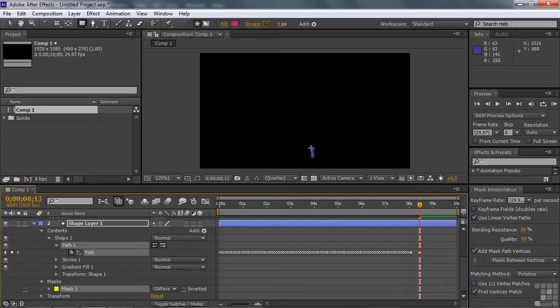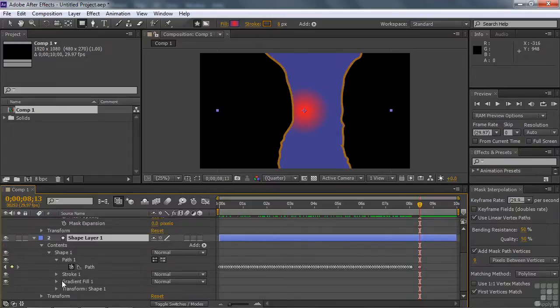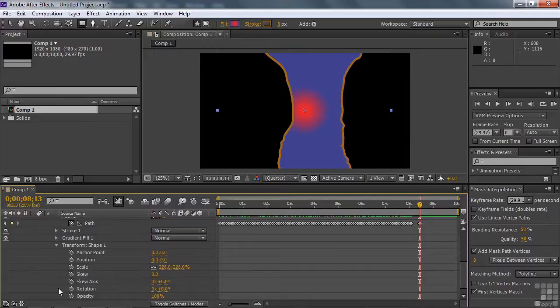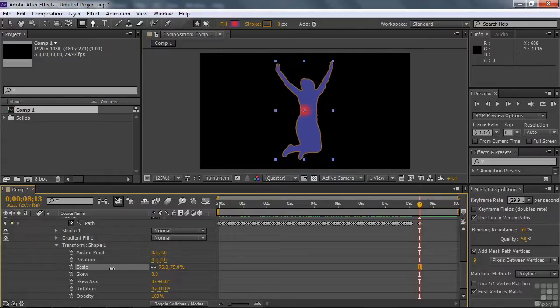So when you have more than one path, one is converted to this path, and the other path is converted to a mask. Not necessarily what you want. I'm going to take this mask here and delete it. That lets us see the girl. Let me just change the size because she's taking on the size of that layer, which we then blew up quite a bit. Let me go down here to position and scale. Let's take scale down there like that. And there she is. And that little mask would have been right there,